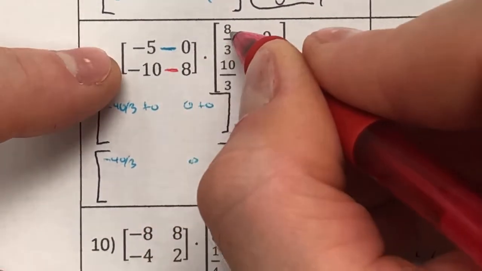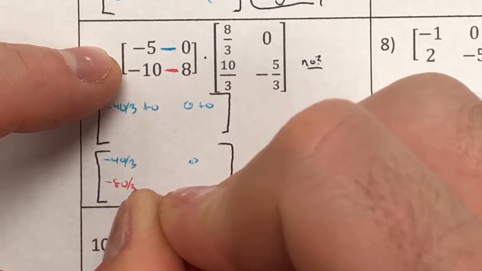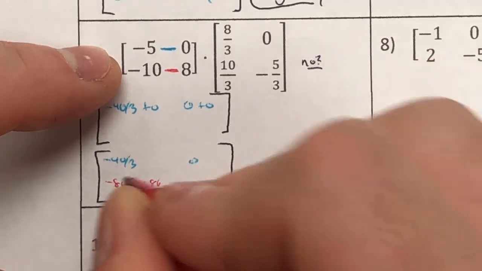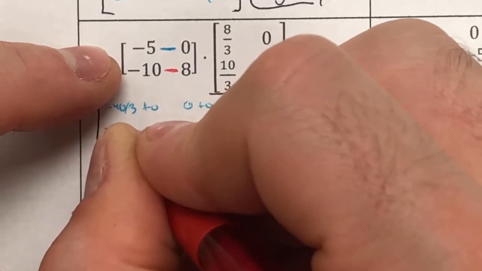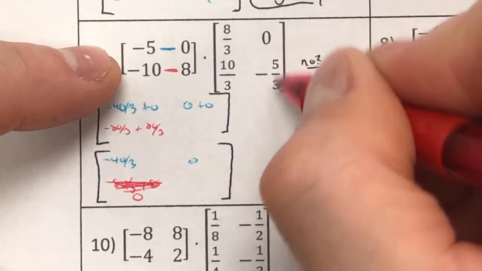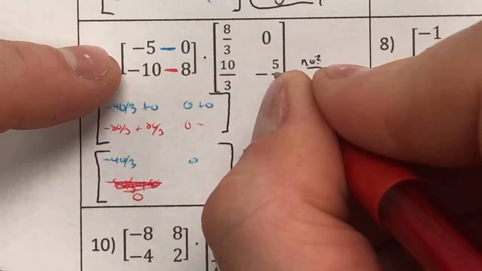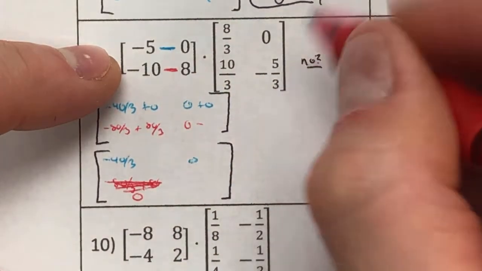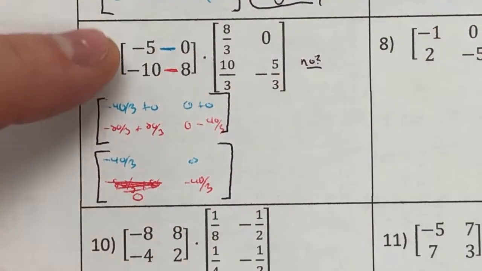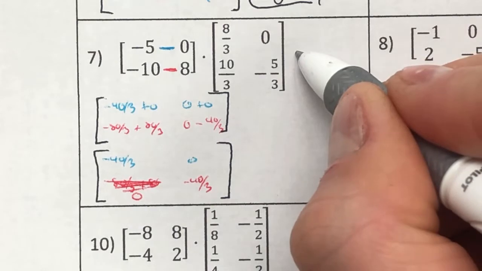Go down here. So first column is going to be a negative 80 thirds plus 80. Oh, that was my final answer. It's going to give me a 0. If I go to the next column, that's going to give me a 0 minus, let's see, 8 times 5 is going to give me a 40 thirds. So negative 40 thirds. And so we know that our answer is correct, but you might notice that the